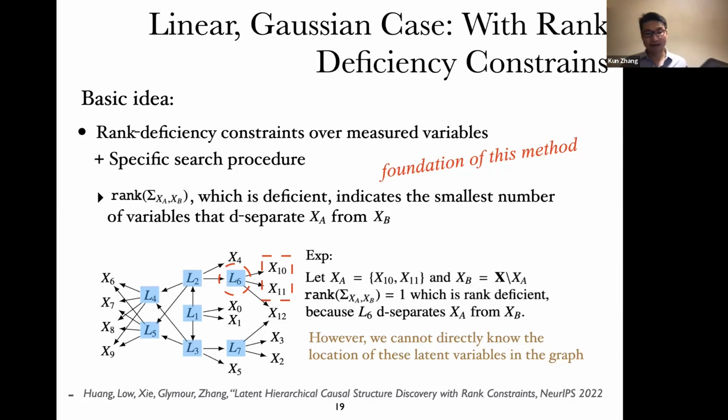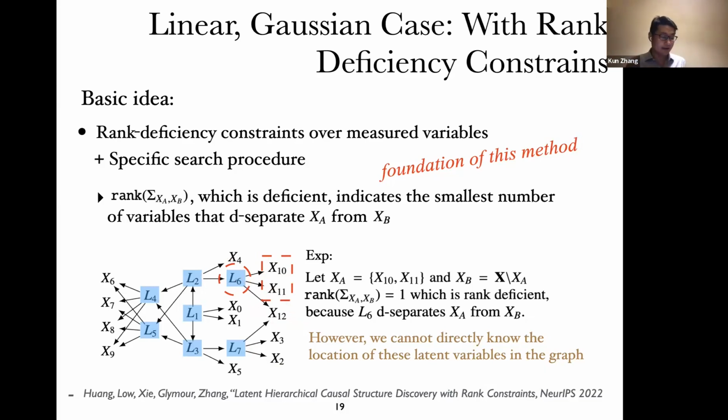Again, we want to discover latent variables and the relations among the latent variables, and also relations between latent variables and measured variables, and so on. So observe the following thing, then you can immediately see that, yes, we can say something about the latent variables. Consider this graph right here. If you consider the cross-covariance matrix between x10 and x11 right here, and all the remaining variables, you will see that this cross-covariance matrix has a low rank. In fact, the rank is only 1. Why? Because they are separated from all the remaining variables via a single variable. There's just one way for them to be related to the other set of variables.